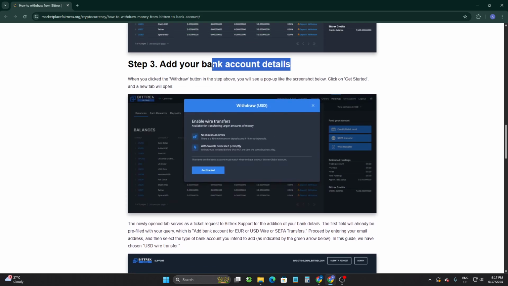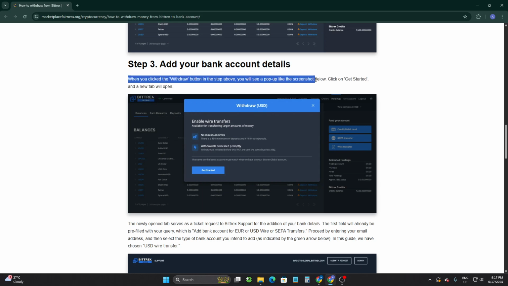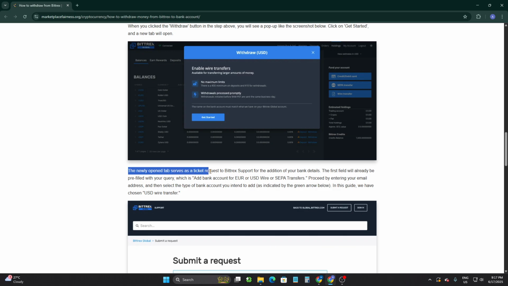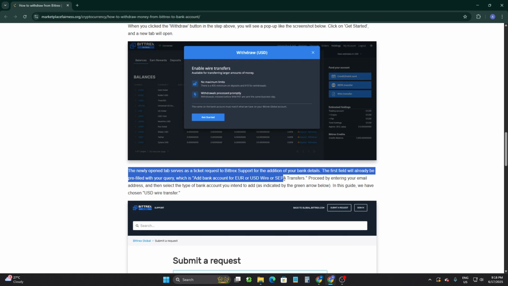When you click on the withdraw button, you will see a pop-up like the screenshot below, and click on get started and a new tab will open up. The newly opened tab serves as a ticket request to Bittrex support for the addition of your bank details. The first field will already be pre-filled with your query, which is add bank account for Euro or USD